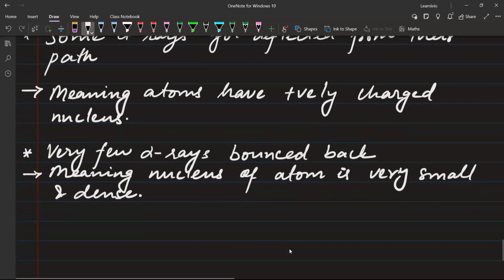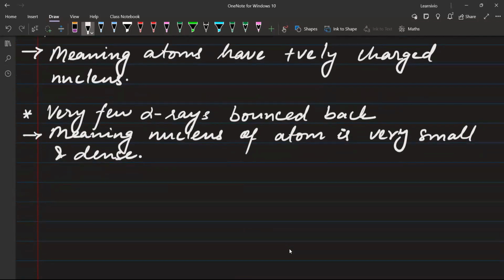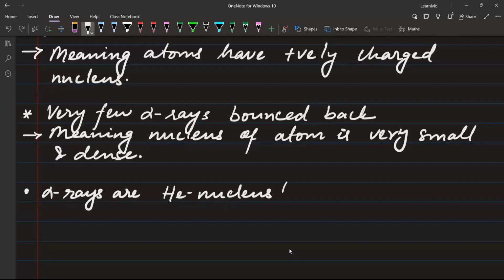ठीक है, बस एक छोटा सा पॉइंट यहाँ पे लिख लीजिए, आपको याद रहे, अल्फा रेज आर हीलियम न्यूक्लियस। ठीक है, इस तरह से इसको आप याद रखिएगा, डिटेल अब आपको हीलियम न्यूक्लियस से मिल जाएगा। हीलियम न्यूक्लियस में क्या होता है, देयर आर टू प्रोटॉन्स एंड टू न्यूट्रॉन्स। आपके पास दो प्रोटॉन होगा हीलियम में, एंड देयर विल बी टू न्यूट्रॉन्स इन द न्यूक्लियस ऑफ हीलियम एटम। ठीक है, अल्फा रेज दे हैव टू प्रोटॉन्स एंड देयर इज नो इलेक्ट्रॉन।